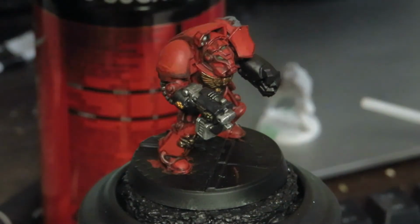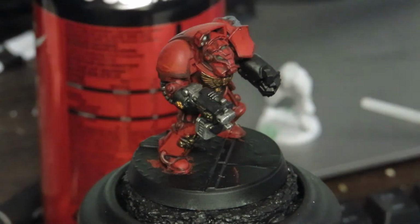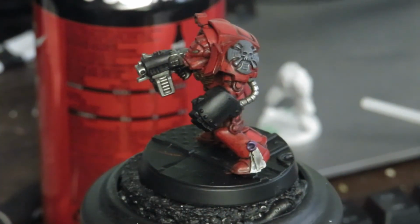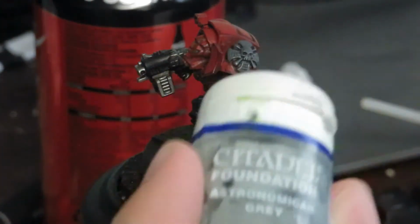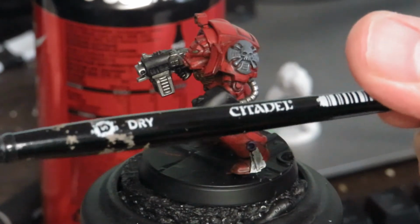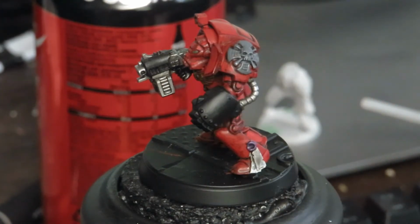Right, and now I'm going to highlight the Crux symbol. So for this one I'm using a light grey called Astronomican Grey. Once again, I'm not sure if this one's still available or around, but it might be. And I'm going to do this with a flat dry brush. So this is a small dry brush, which I actually think is too big for a small area. It should be smaller. Anyway, okay, so